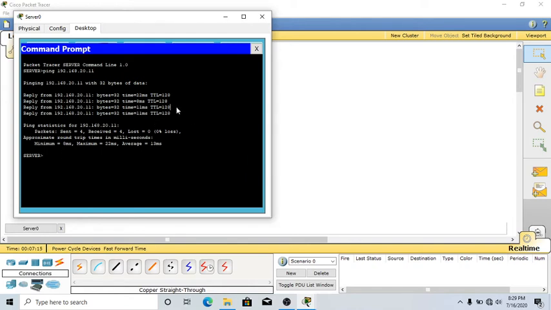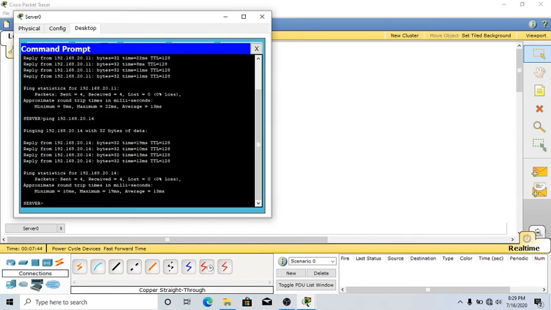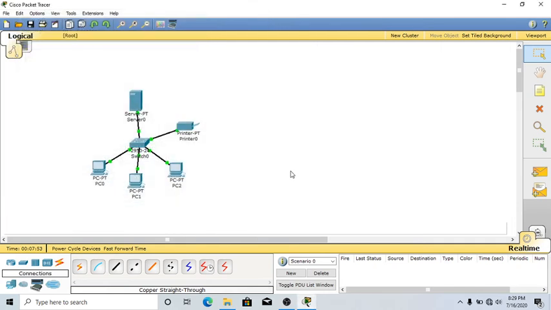If the result is reply, so the connection is good. We can do the checking for all of the clients by the same way. For example, we will check the connection to the printer. If the connection is good, we will close the desktop and then we can check the connection by sending a